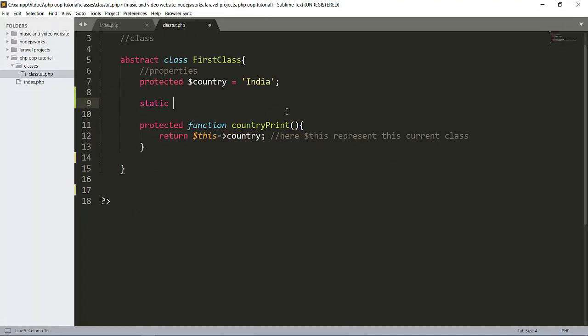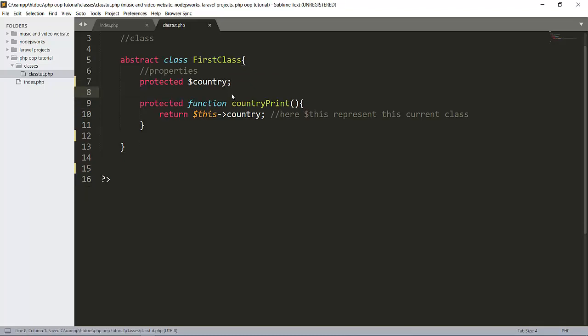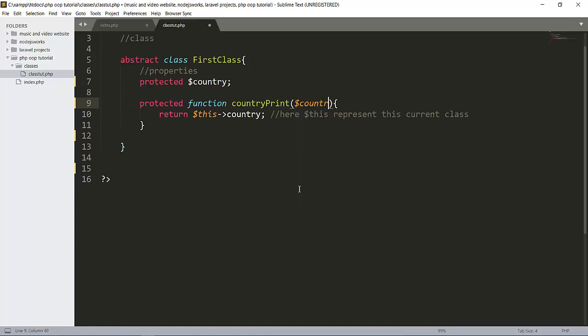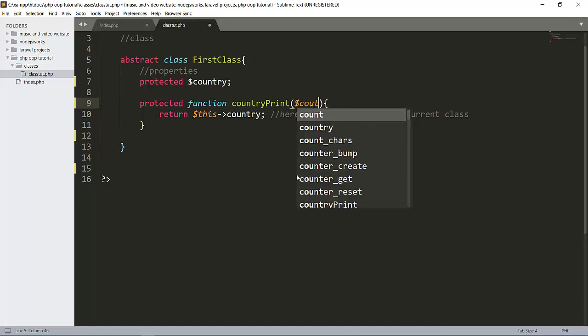Like in the variables, see that these all are variables here. So first of all, let's do this. I'm removing this static here. This is a variable here, and here is our $country, $count.